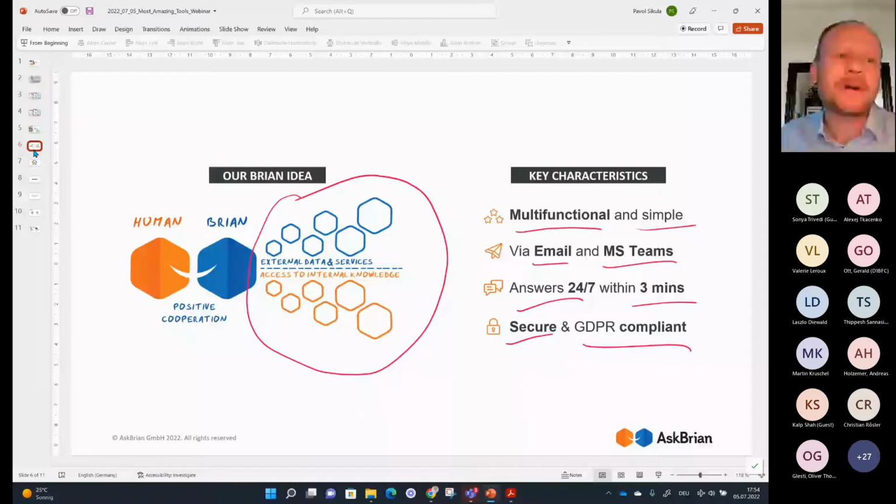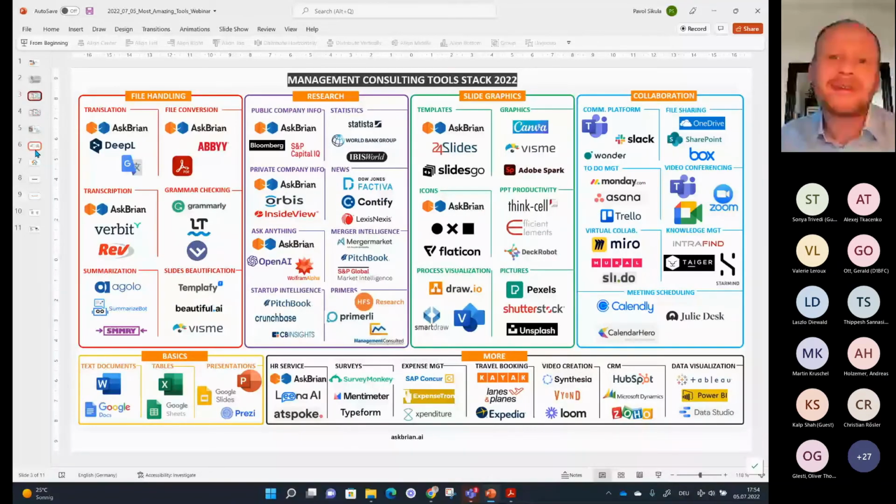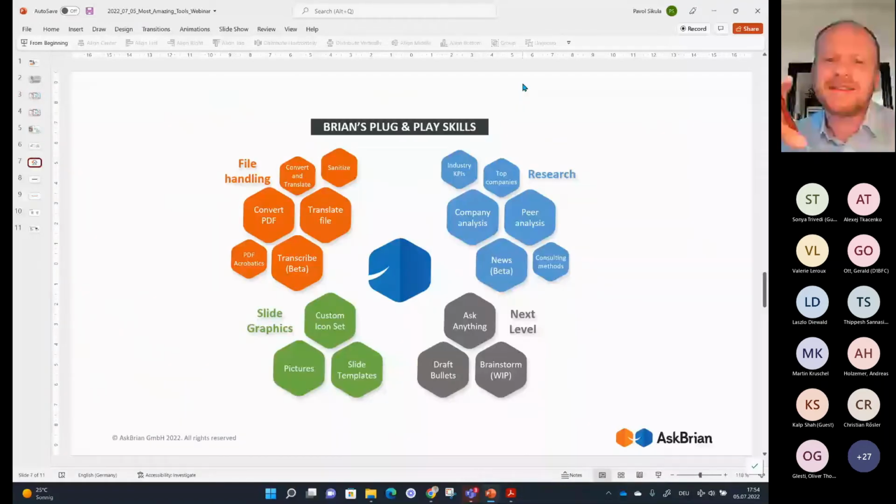So he's covering multiple clusters, as I've shown in slides number 3 and 4. And what we teach Brian to do, so this is the snapshot of his skill set as of today, is more than 30 skills. Okay, here are just not all of them, but the most relevant ones. And we organize the skills of Brian, as the multifunctional secure digital assistant for consultants and like business professionals, in 4 clusters. The first cluster is file handling, and this was in fact also the first skill of Brian,